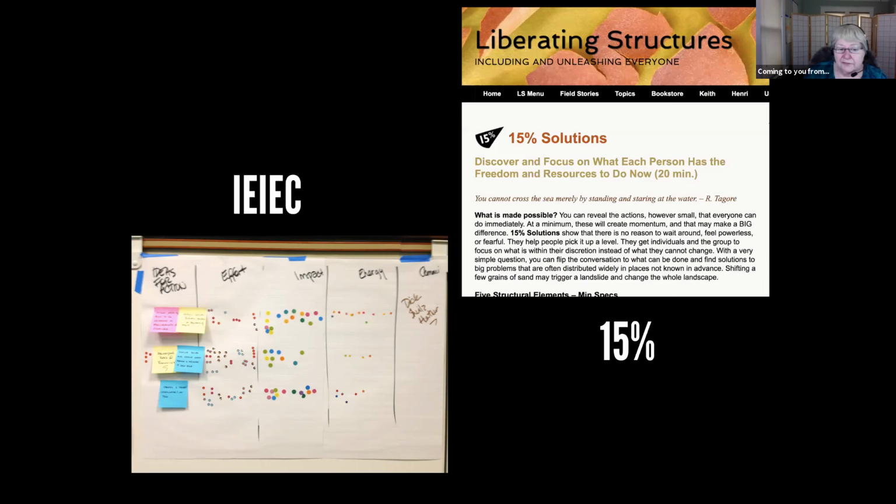Even though effort was all over the place, impact was pretty even, and it was very clear which one they most wanted to do. And that was that top one. So rather than going through a big decision-making process, it was just there. It was apparent. Oh, well, this is the one we're going to do because this is the one we want to do, right? This is the one we're most likely to follow through on.